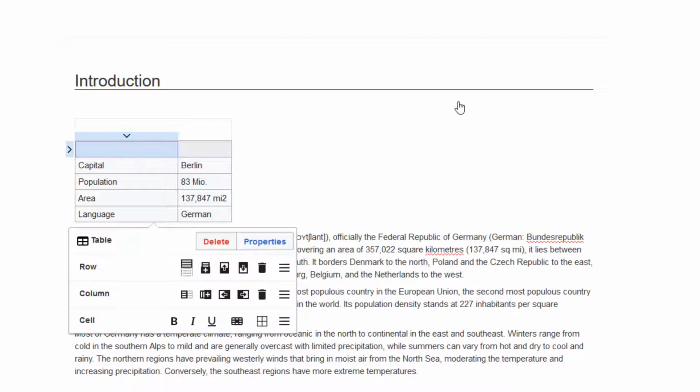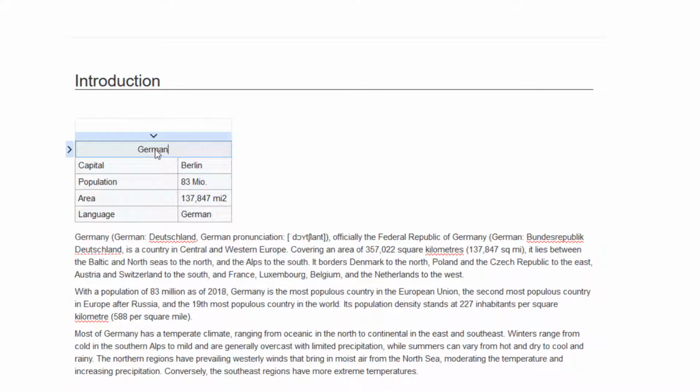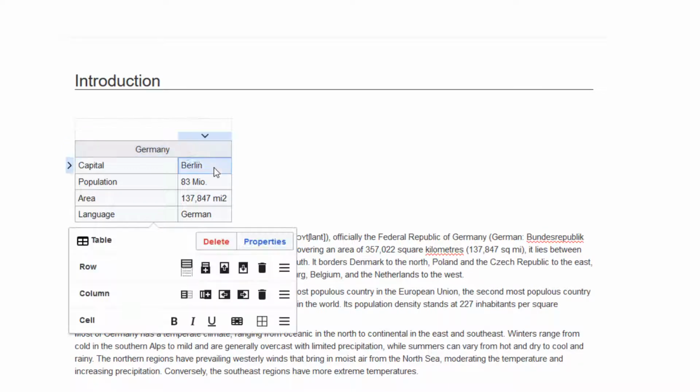Now I merge the two header cells. I click in the first cell and with the Shift key pressed, I click in the second cell. In the menu, I select Merge. Let's enter a heading. I also format the cell background yellow,